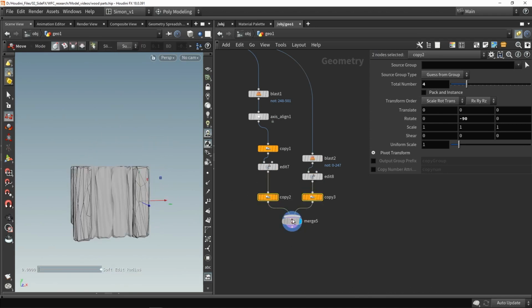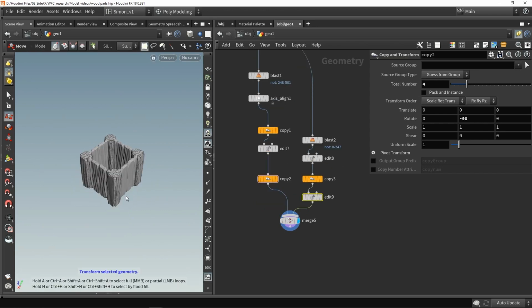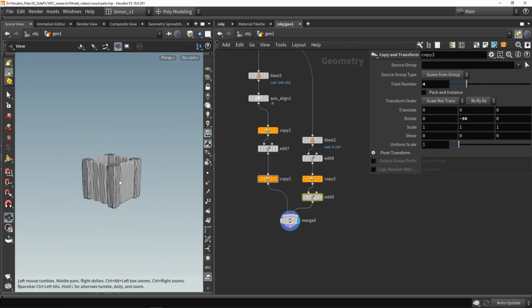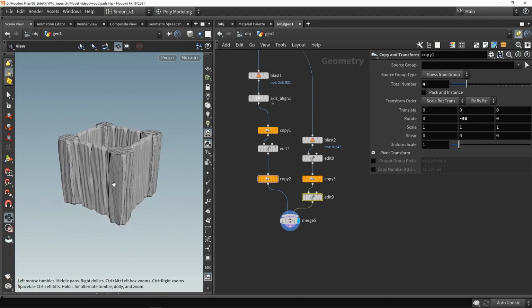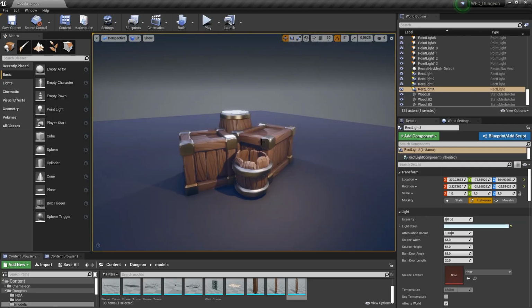Then I have this result. So this is a very modular way of creating multiple models with the same set. In the end, from these 6 models, you can create these props to then decorate this level. I can even create way more than this, of course, depending on how much you need